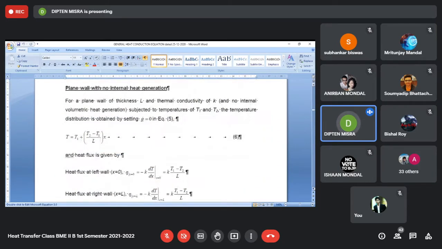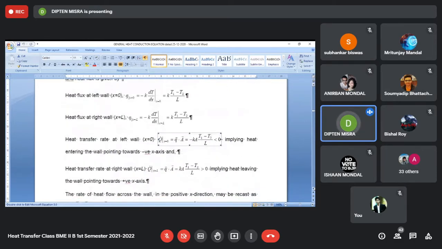Now, having said that, we'll take a more complex case, because it is very difficult to measure the surface temperatures T1 and T2. Normally we do not know the surface temperatures. We cannot measure T1 and T2 so easily or accurately, because if you bring a thermocouple in contact with the surface, it will show an average temperature of the surface as well as the ambient air with which it is also in contact.